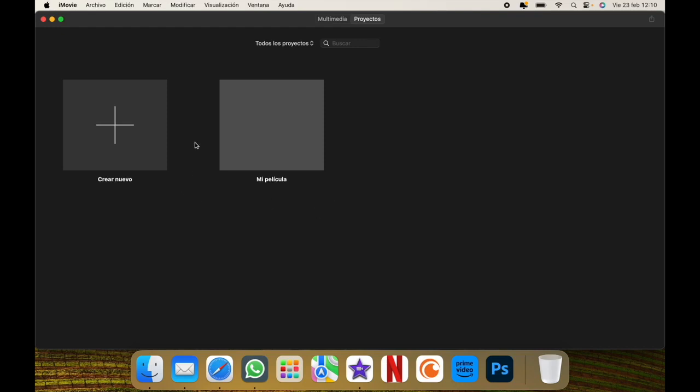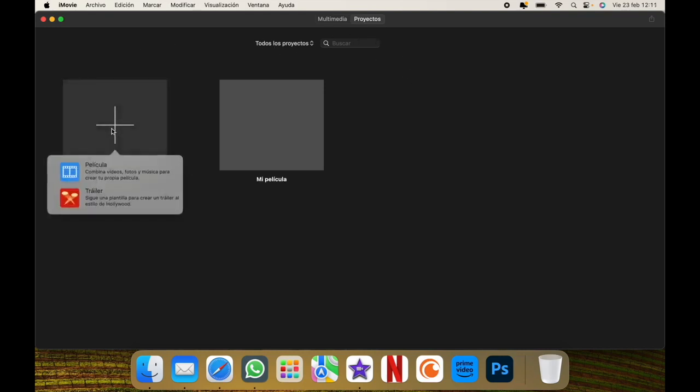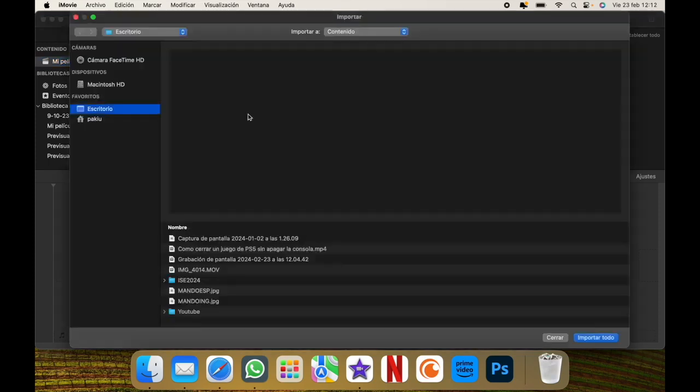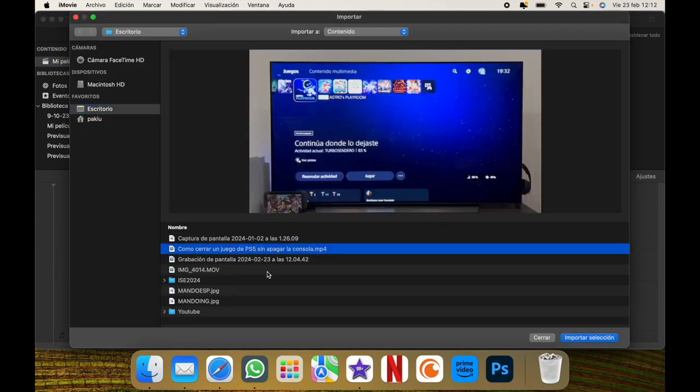I mean that, for example, in a normal way, if we go to iMovie, we are going to create a new project and select Film, which is where we have to edit the videos directly. By default it will generate a horizontal video and no option up here will allow us to change it to vertical. In fact, so that you can see an example, if here we import two contents, one horizontal for example